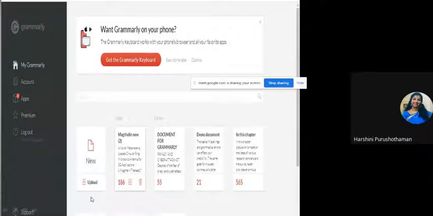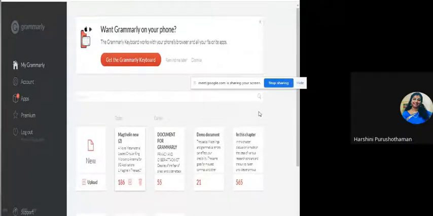I don't know the number of pages it takes, but there are some limitations. So you can upload your document here, and in a few minutes the corrected document comes to this side, and you can open it and see that it has pointed out the mistakes.